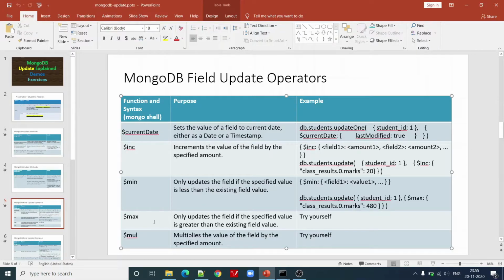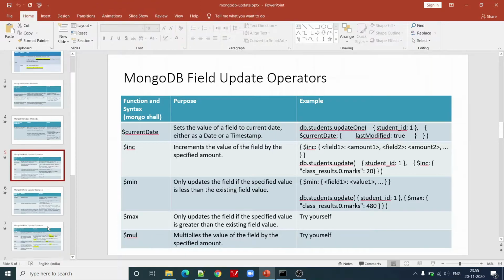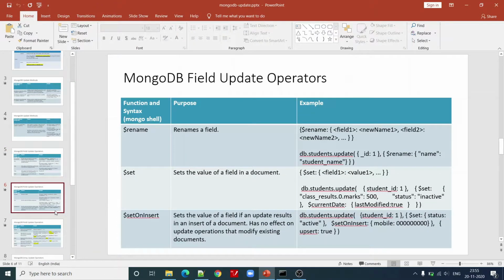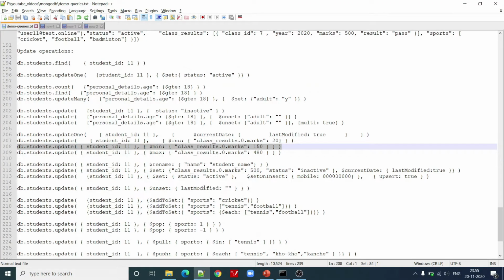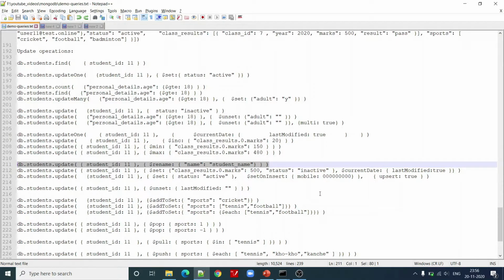In the same way you can use max and multiply also. Rename field also, I will leave it as an exercise for you, or you can refer to my queries list on my GitHub page.